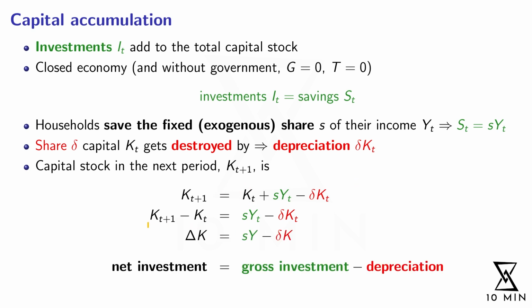And this change in the number of machines between this and the next period, that's what we call delta K. So this triangle, that's a capital Greek delta, and we always use this delta to indicate an absolute change. So in our case, delta K means how many machines have we added from this period to the next one. And in the end, what does this equation mean? The net investment, so the net change in capital between this and next period, is the difference between the gross investment, what we invest into new capital, net of the capital that has been destroyed by depreciation.